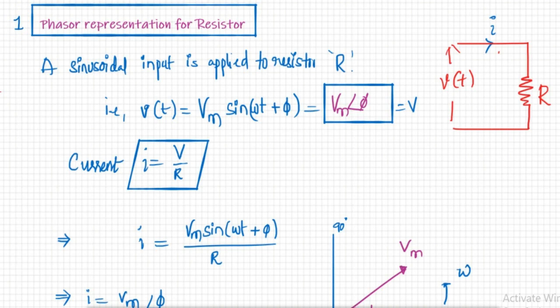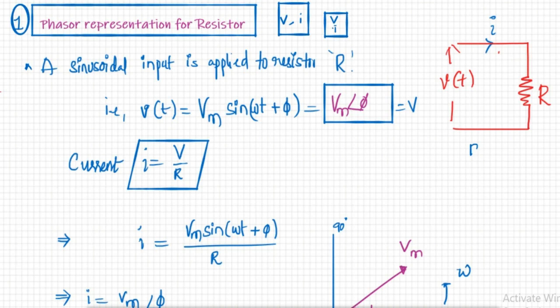So what is the phasor representation of resistor? Voltage across resistor and current through resistor is what we are going to find here. We are going to find the relation between voltage and current through the particular element so that we can draw the phasors of voltage and current, right? So we are going to find the expressions for voltage first, then current according to our requirement. Then we are going to draw phasor diagrams.